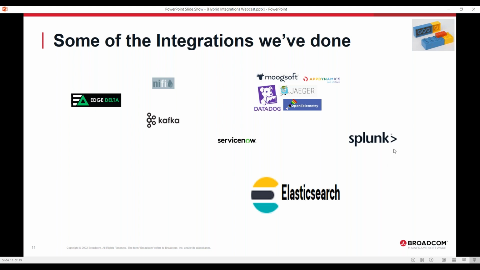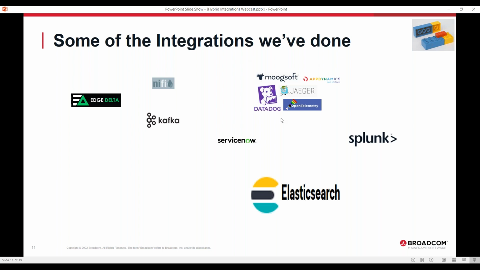Zaid Alatar actually has an article on Medium on how to do this and how to grab SYSVIEW data and jam it into Splunk. So there's an integration that has already been done. We're already doing the Elasticsearch. We've done multiple iterations and continue to work on ServiceNow. We've done integrations with ServiceNow, with OPS/MVS, and other products as well.